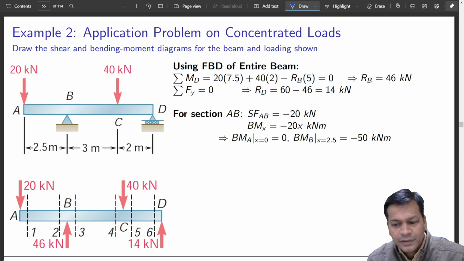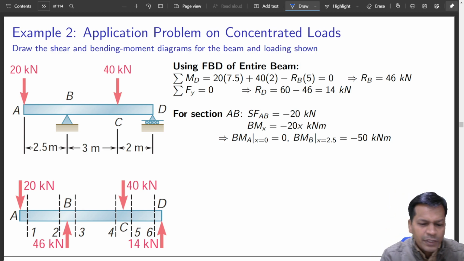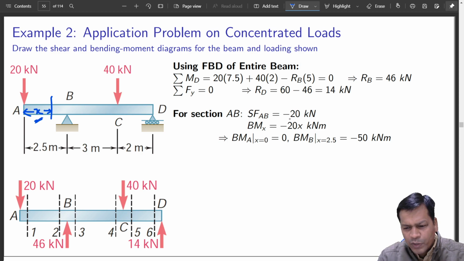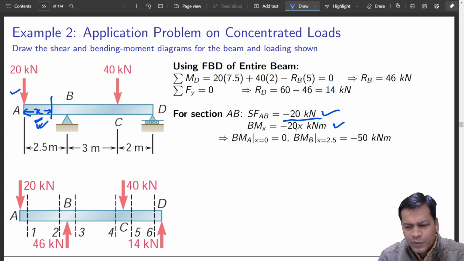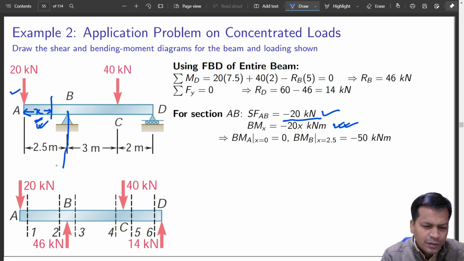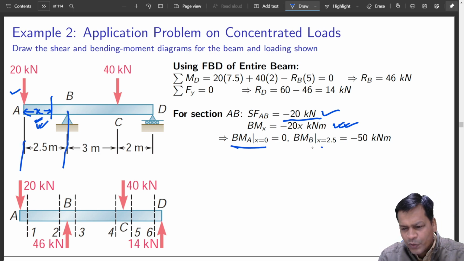Yes, it is measured as I have drawn just now. So this is a point which is at a distance x. So x is a point between A and B. So any point between A and B, this is what you will see. So shear force all over will be minus 20 kilonewton between A and B, and bending moment will be this into this, so that is 20 into x kilonewton meter. So this is okay. And at extremes, because we want to do the plots also, we have to find what will be at this, what will be at this. So that is the reason I have found it out at extremes.